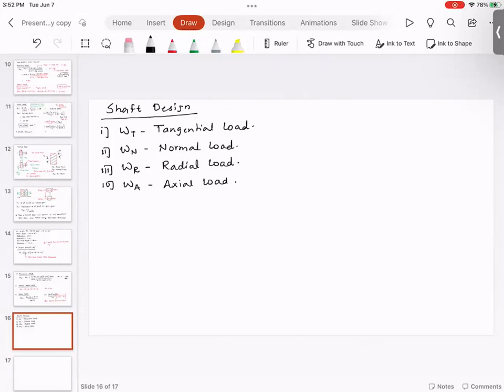If you look at the front view of the helical gear, and if you look at the top view of the helical gear,